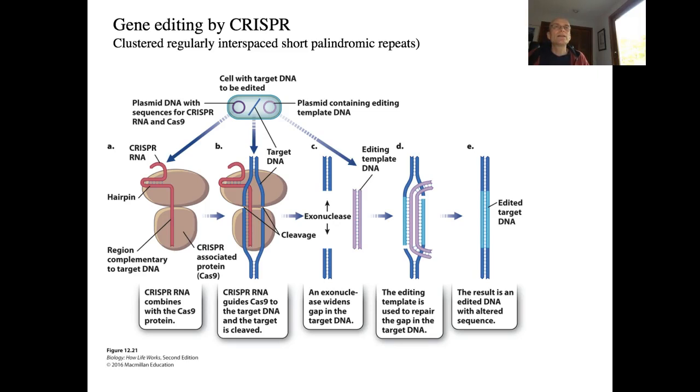And what it is, is the harnessing of a bacterial mechanism that bacteria use for defending themselves. Similar to the restriction enzymes, right? Restriction enzymes are enzymes that bacteria use to defend themselves from bacterial viruses that infect them. Well, if they can cut the invading DNA, they can get rid of the invader. CRISPR is a similar process